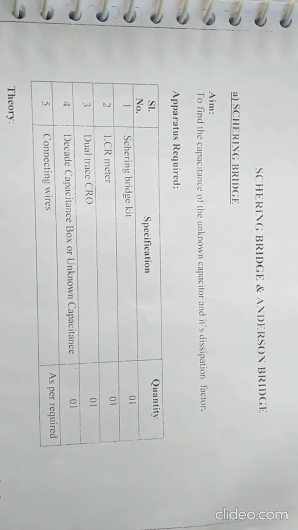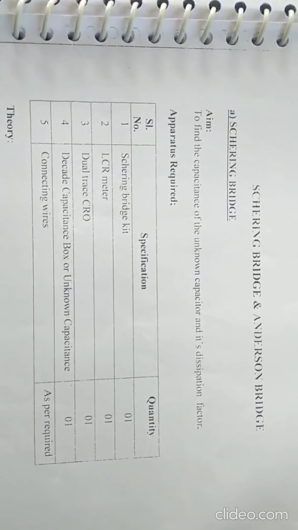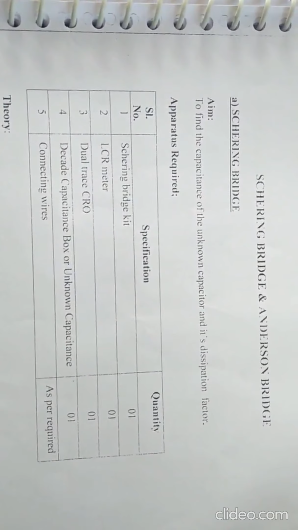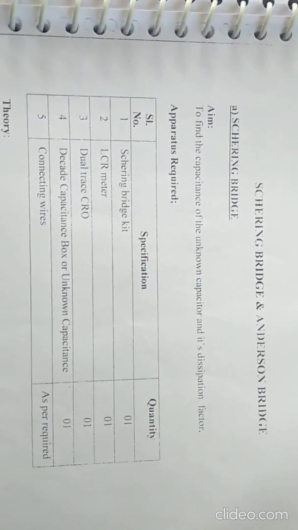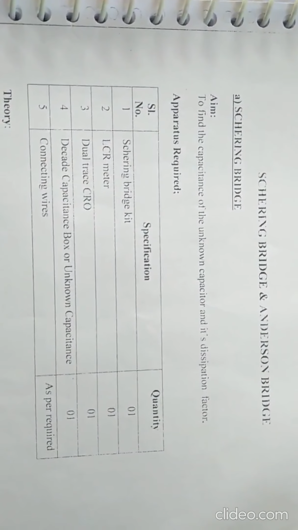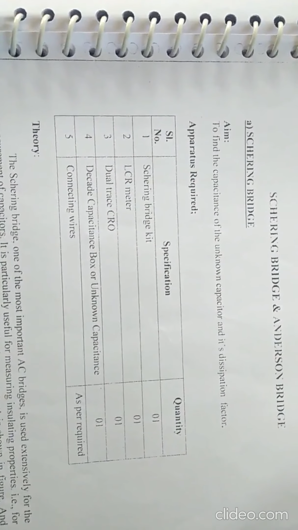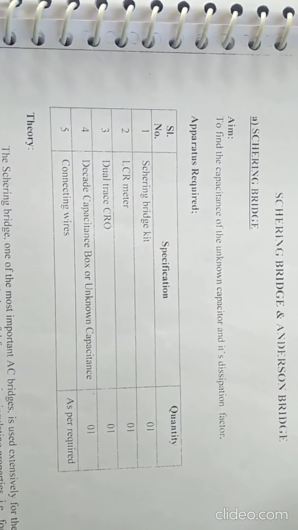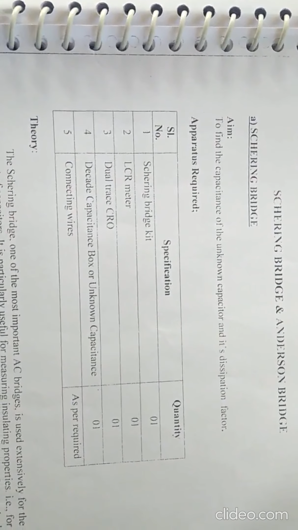Dissipation factor is nothing but the reciprocal of the ratio between the insulating material's capacitive reactance to resistance at a specified frequency. Okay, I'm repeating, it is the ratio of the insulating material's capacitive reactance to its resistance at a specified frequency. Okay, and normally it is termed as tan delta, that is Cx into Rx. So I already told that it is the insulating material's capacitive reactance, that's why it is Cx into Rx. Okay, so this is the theory.